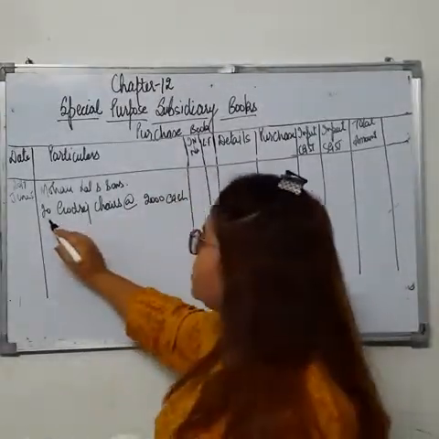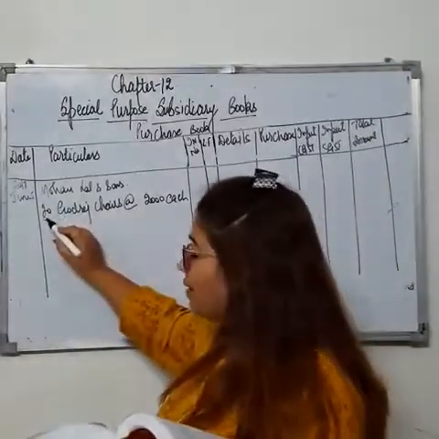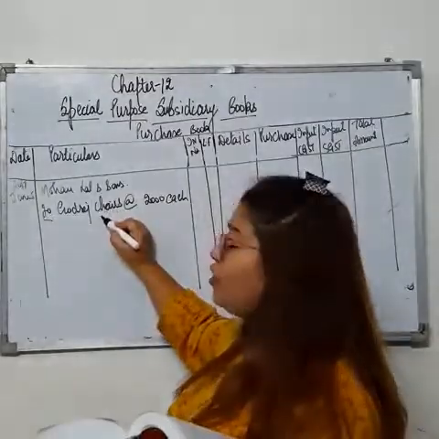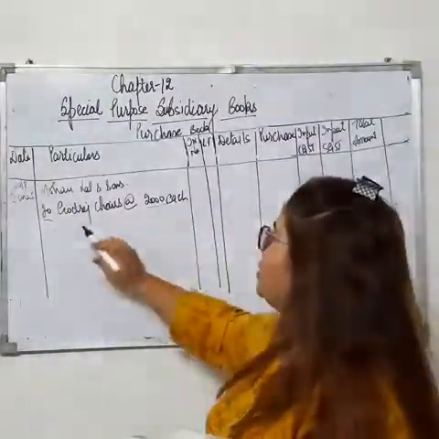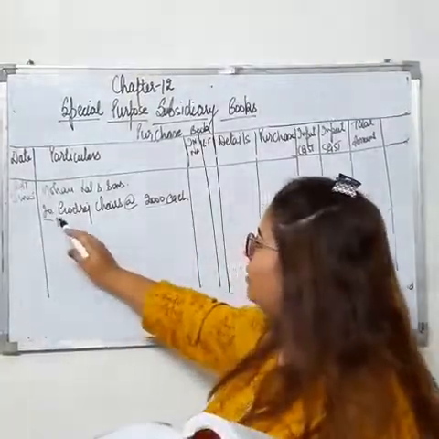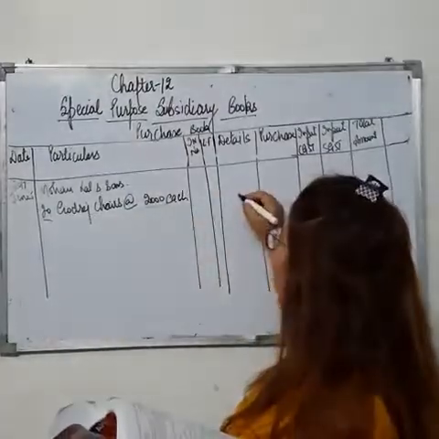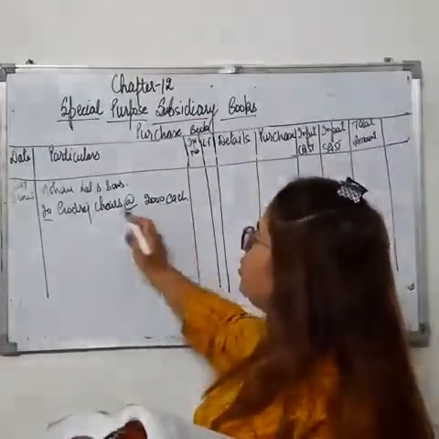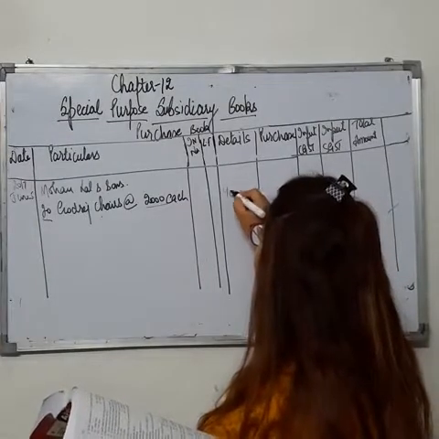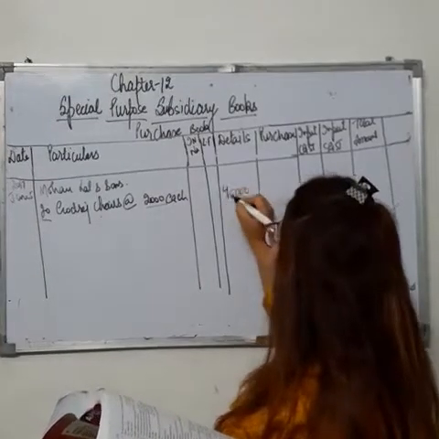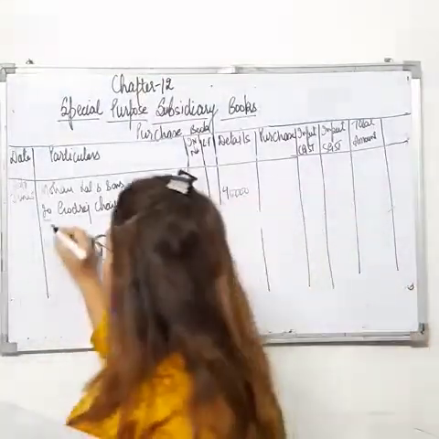See, I am giving the description: how many chairs, the quantity I am giving, the description of the product I am giving, as well as the amount I am giving, right? Now see, when you have just described your product, then you have to multiply and write down the amount in the detail column. So it's 2000 into 20, it's 40,000 rupees.